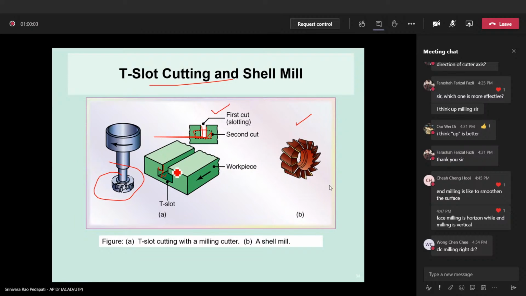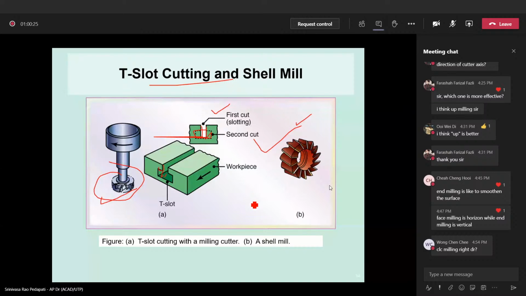So this first cut can be with any tool like a shell mill or any milling cutter, but this one is a slot cutter. Depending upon the shape of the machined object, we select the tools. Different